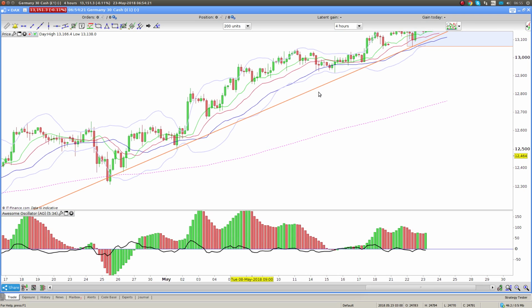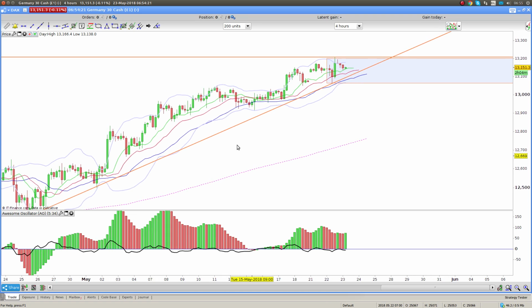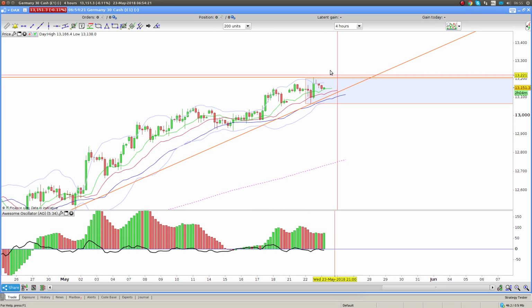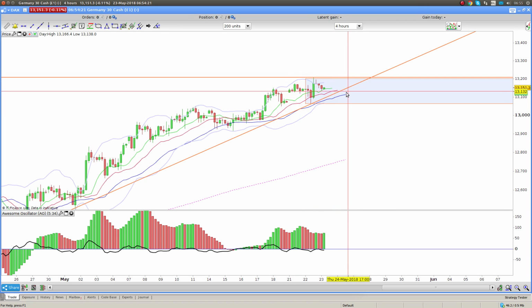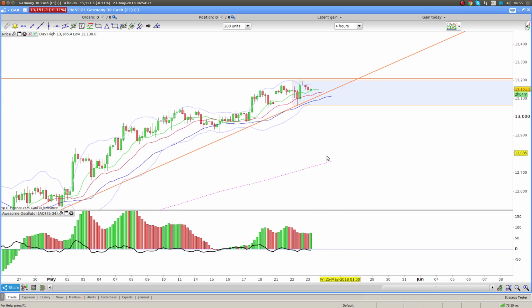When we saw it with the US markets last year, sometimes that doesn't happen, but that is not the norm. The norm of price action is that we hit an area of resistance, the sellers step in and push it down, and they're going to be trying to push it below this trend line, because then that's going to trigger a whole lot of stops and push this price even further down. So for me,